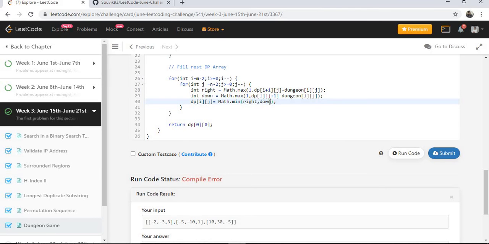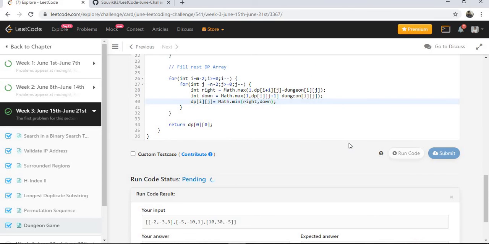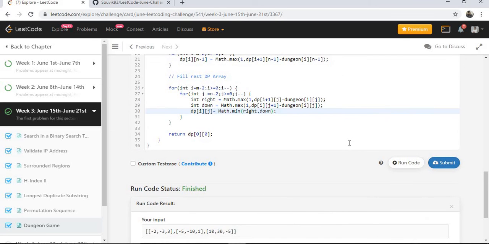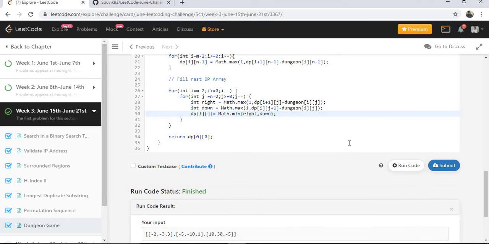Some spelling mistake here. Fix that. Let me check the logic. I was missing something.